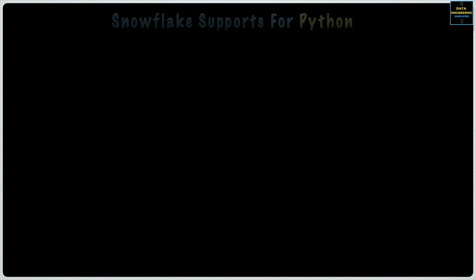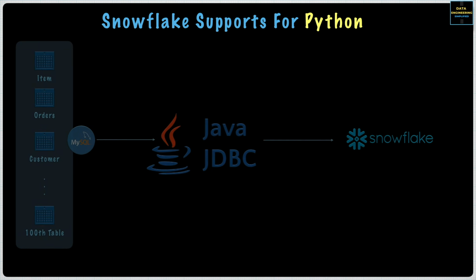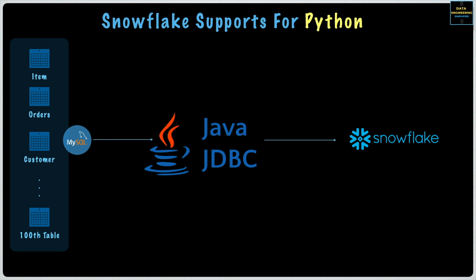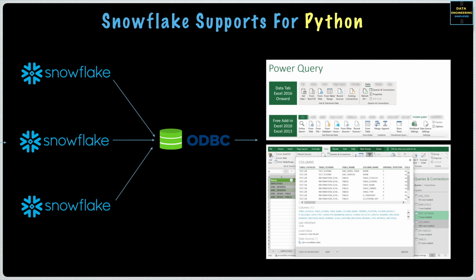We have already seen how to work with Java using Snowflake Java JDBC connector and automate data loading from RDBMS to Snowflake as one of the use cases. We have also explored and learned how to use Snowflake ODBC driver and bring data to Microsoft Excel sheet and build reports. But what if you need to interact with Snowflake using Python and don't want to use either of